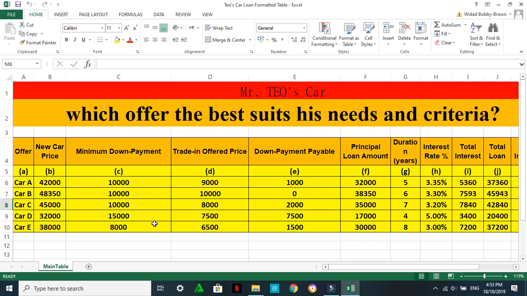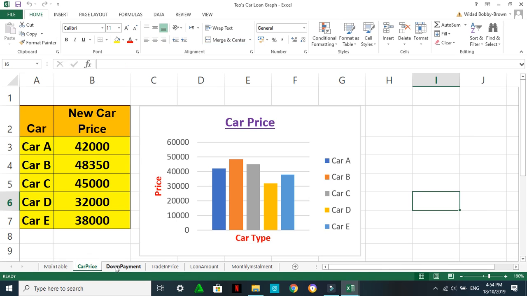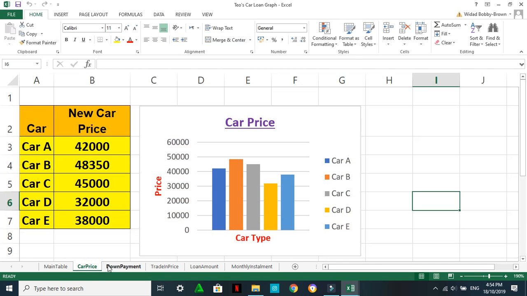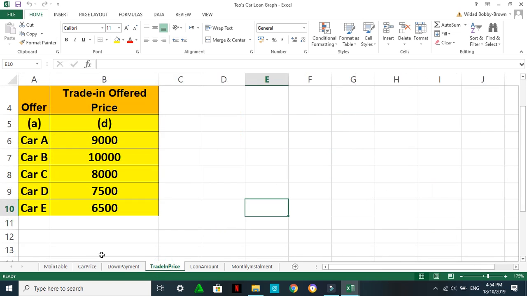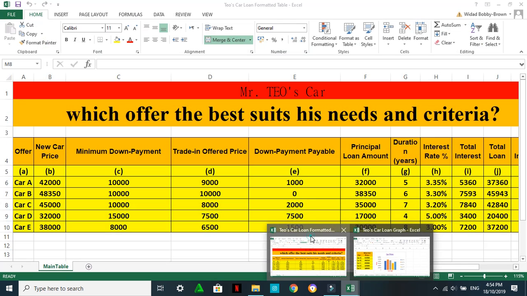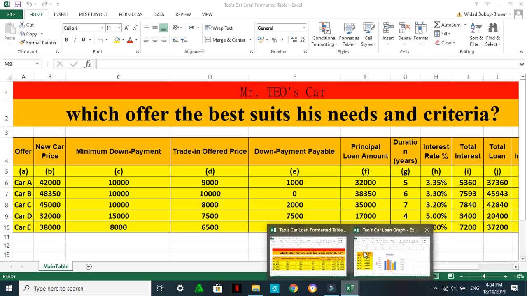From here, we will learn how to create a graph. So our end product, I'm aiming for us to be able to do something like this, where we added more sheets, and then we will learn how to create a graph. Okay, so first thing first, back to this. When we have a table,